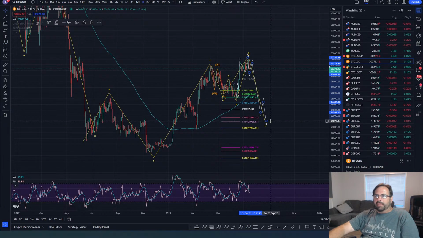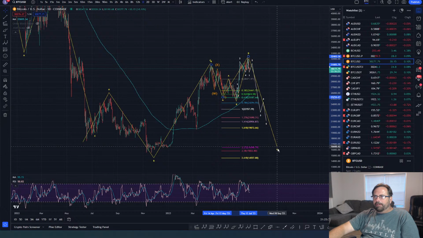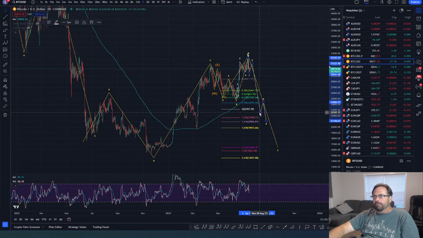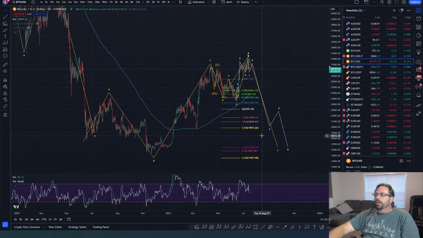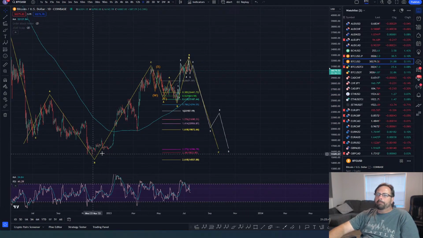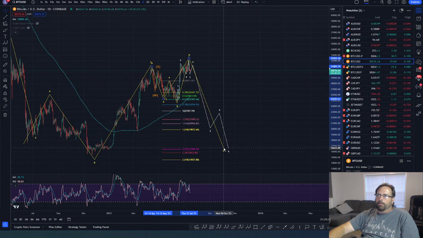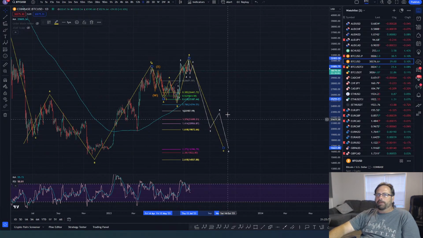Now it's a possibility, and that could come down even lower than I've got it drawn. This could come down a lot lower. Okay. This could come down and retest the bottom. Shoot, this thing could come down and take the bottom out. I don't know. But what I'm saying is that this could be a large structure like that, and that would be 3 waves. Okay? That would be 3 waves.